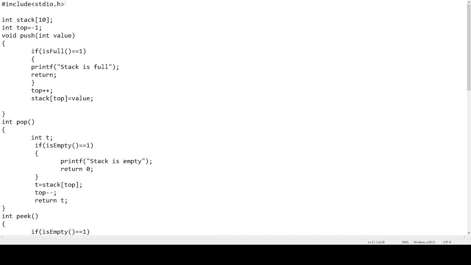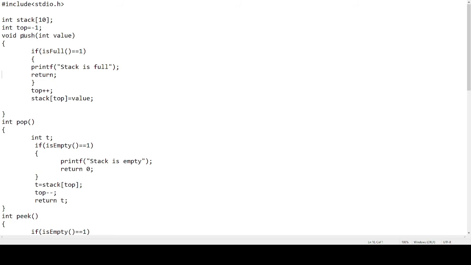What I did over here is include the header file, followed by declaring a stack array of size 10 as a global so that it will be accessible to all my functions. I need not pass it as an argument or a parameter. Followed by which I declared one more variable, top, because top is a variable which is required to be accessed by all the functions. So rather than passing it in every function, I have declared it as a global and initialized it with the value -1 in order to indicate an empty stack.